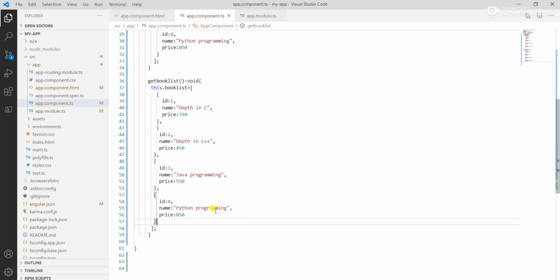and here I add one extra data. Suppose I want to add, I simply copy it and paste it. Suppose I write the ID as 5, and the name as Database Management, and I give the price 650. Now go to the